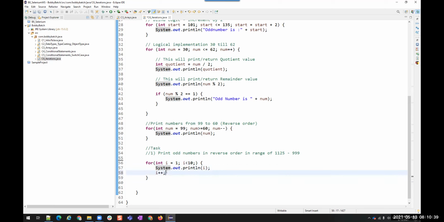That is why, since we did not have any increment or decrement operation, it was printing an unlimited number of times. You understood? So you can also have this increment or decrement operation inside the block if you are not having it in the for loop. Is that clear? Understood?